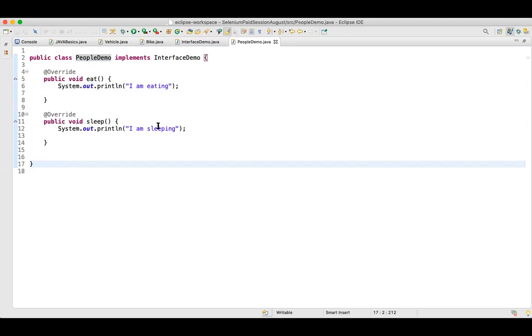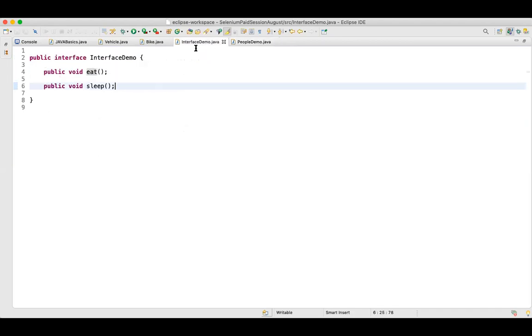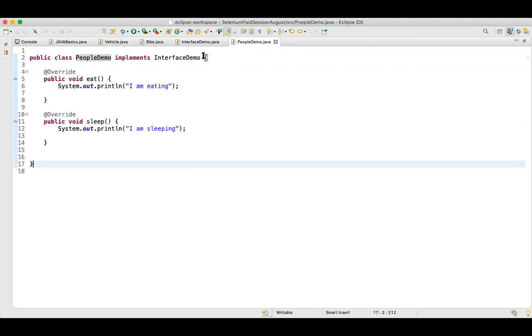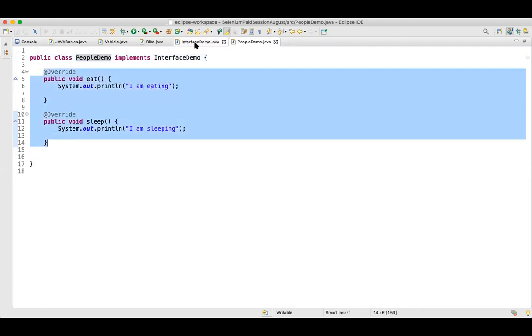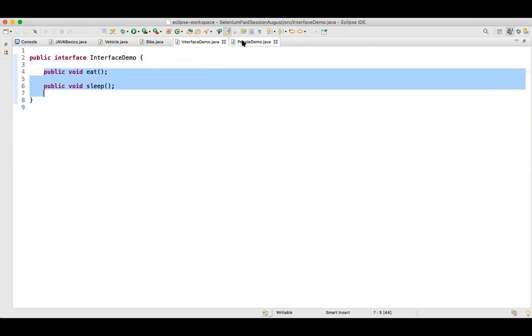Instead of doing that, I am creating those methods in an interface, and I am forcing all my child classes, all the classes which implement that particular interface, to implement those methods. All the methods can simply be specified using your interface.